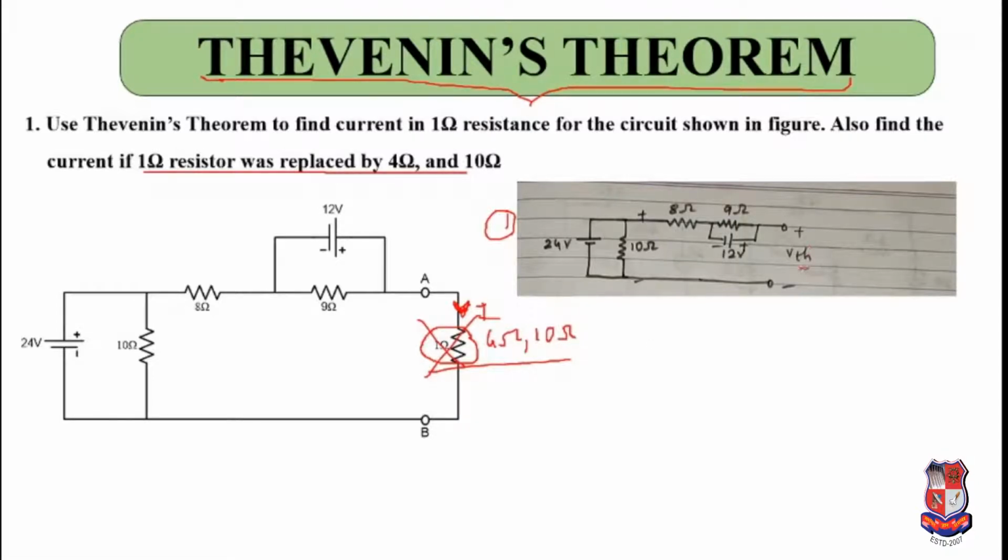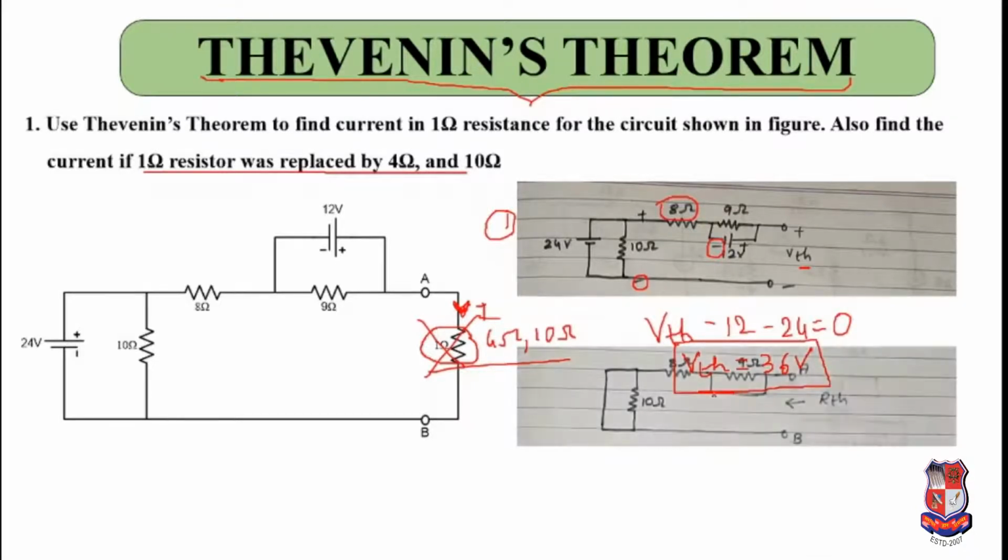The second step is you need to find the Thevenin's voltage. So how to find the Thevenin's voltage? You can apply KVL over here. So KVL will be VTH minus 12, then this 8 ohms, but the current flowing here is 0 because this is open circuit, so the current flowing in the 8 ohms is 0. Then over here 24 volts comes across, so it will be minus 24, and this will be equal to 0.